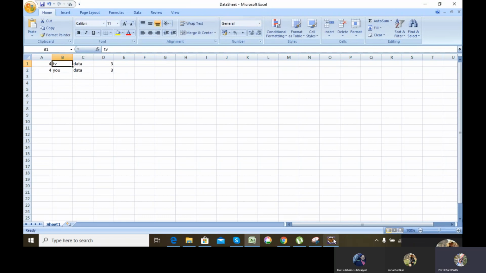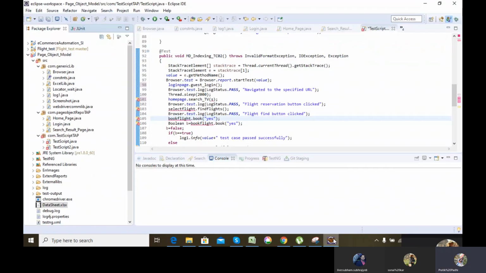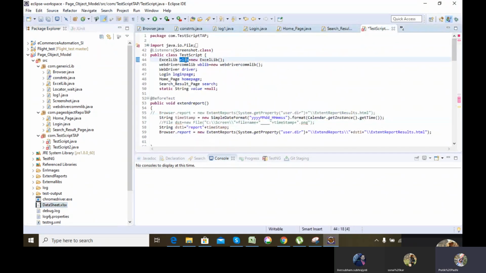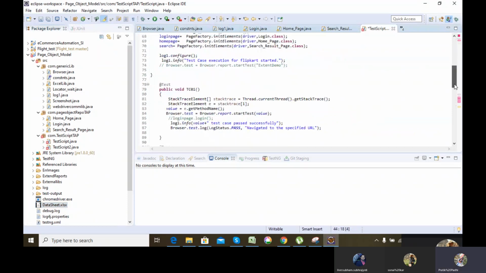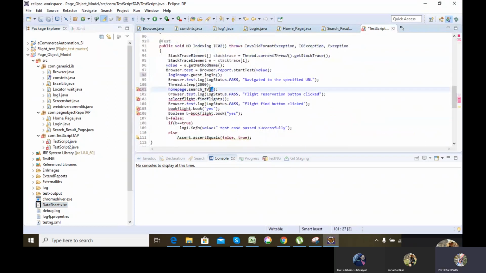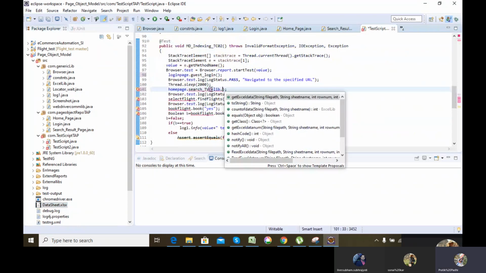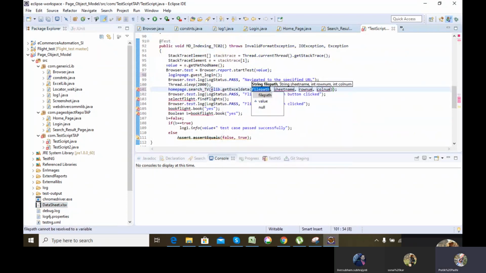So I have created an object for the Excel sheet, I can use it: dot get Excel data, file path, data sheet dot xlsx.